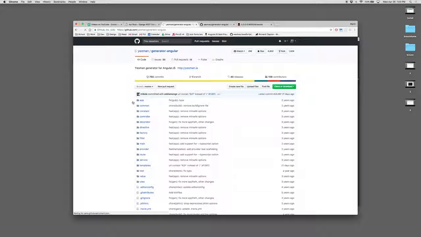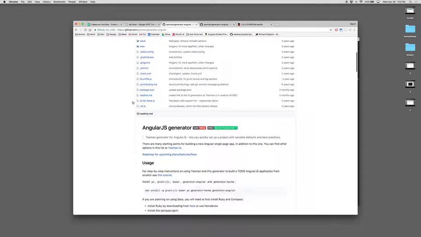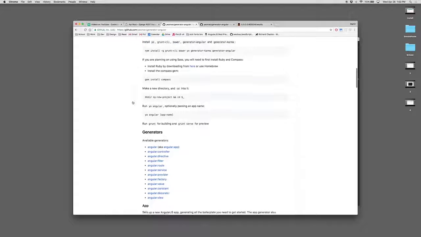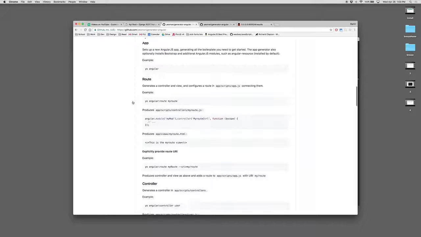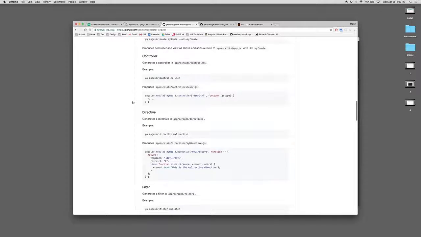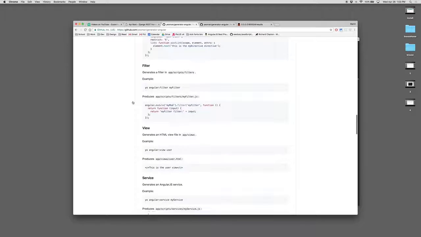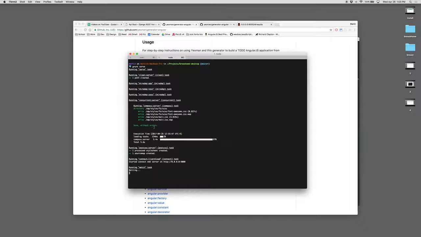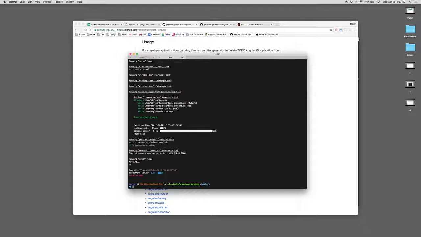We use Yeoman to generate all our routes, controllers, and services in a structured manner, so we don't have to create each file individually. This is a pretty good documentation, and I urge you to explore it and look at how you can create a factory, directive, and things like that. But just to give you a simple idea, since it's very powerful, if we wanted to create a new route called forgot password, it's as simple as just doing yo